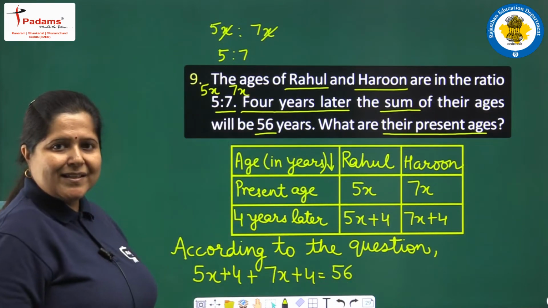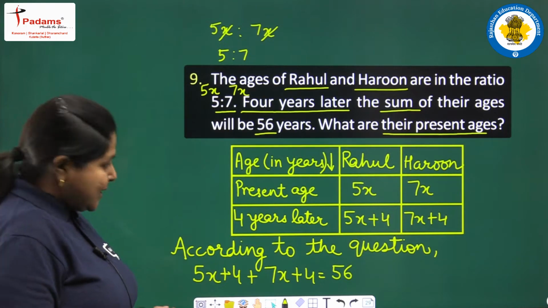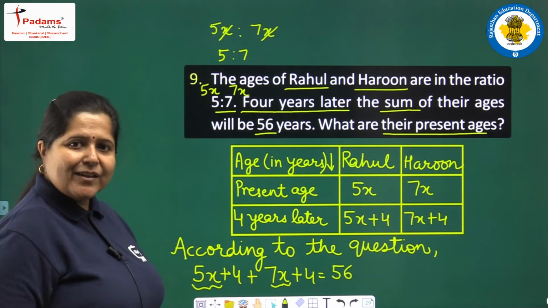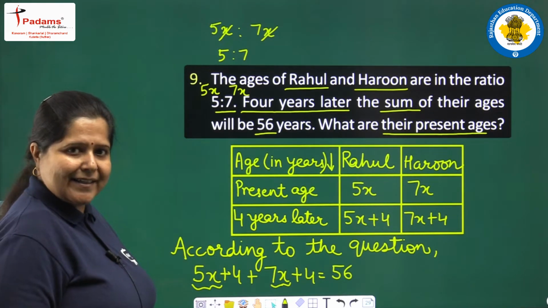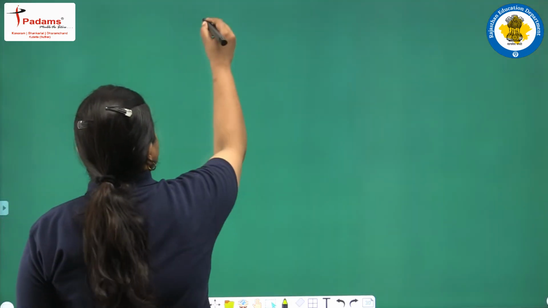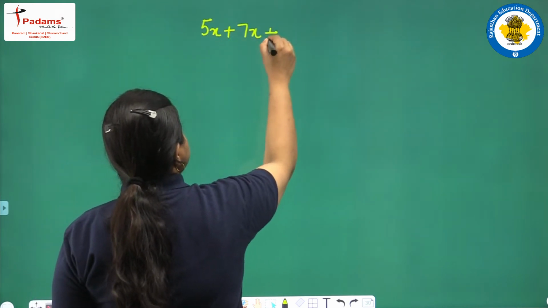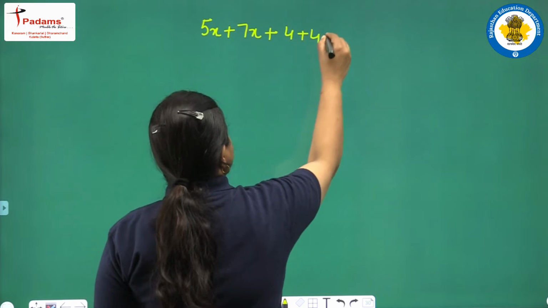This is the equation. Now we will solve it. How? We will add the terms involving the variable together and the constants separately. Let us do this. We will take the variable terms together, 5x plus 7x, and the constants 4 plus 4